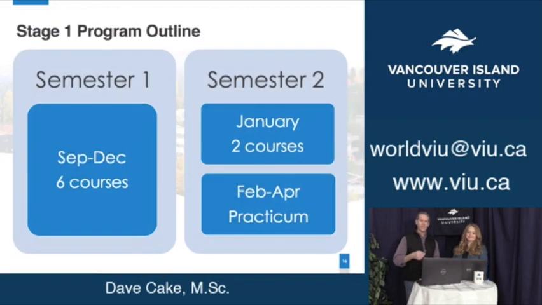The structure of that first year looks like this. Semester one, which is September to December here in Canada, is 6 courses, and that's really the bulk of the coursework for the certification. In the second semester, when you come back after the Christmas break in January, there's 2 courses that are compressed into January, but the rest of that semester is